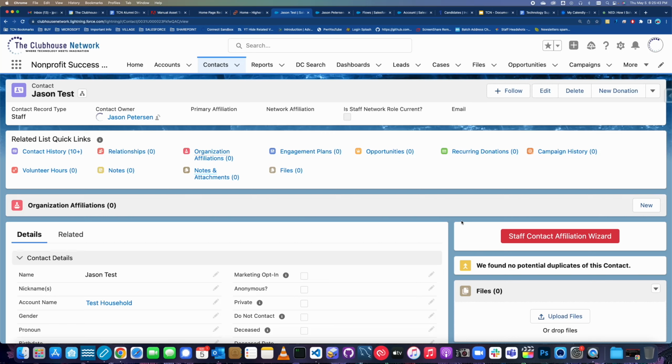Hi everyone. In this video, I want to show you a Salesforce automation that I created that is going to help facilitate the creation of affiliation records for new staff contacts. You're going to see here on contact records, and specifically staff contact records that do not have any existing organization affiliations, that there's a red button now on the window over on the right hand side, and it's titled Staff